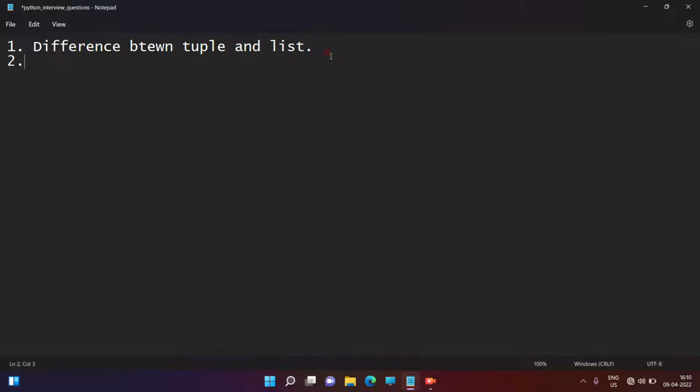Second question is: what is a decorator in Python, right? Yes guys, this is also an important question, and it is a most common question which I faced in my last 10 interviews. First of all, you have to give the definition of what a decorator is, and then you can say what the use of this decorator is, and what the advantages of this decorator are.